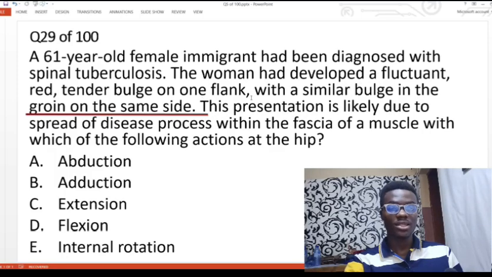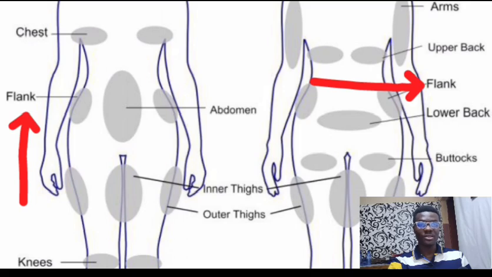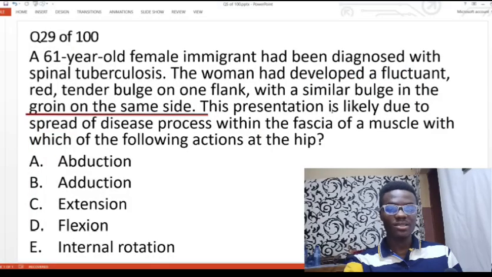And they said the woman had a fluctuant, red, tender bulge on one flank. The flank of your body is the lumbar region, basically. That is the region between the ribs and the hip. And they said the woman had a red tender bulge on that side. So the muscle that is primarily around that side, that extends from that side to the hip, is basically the